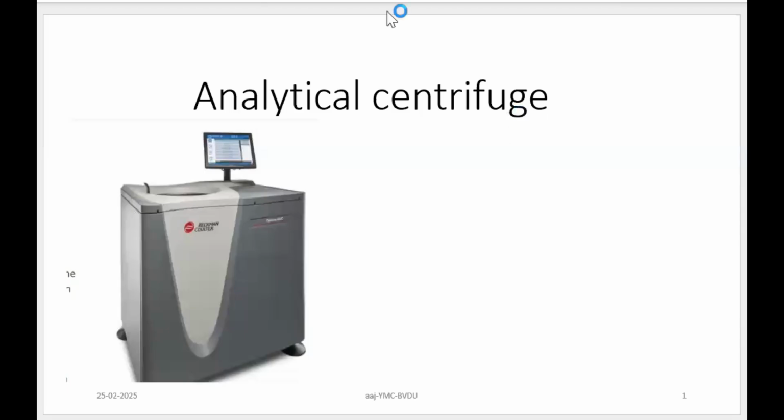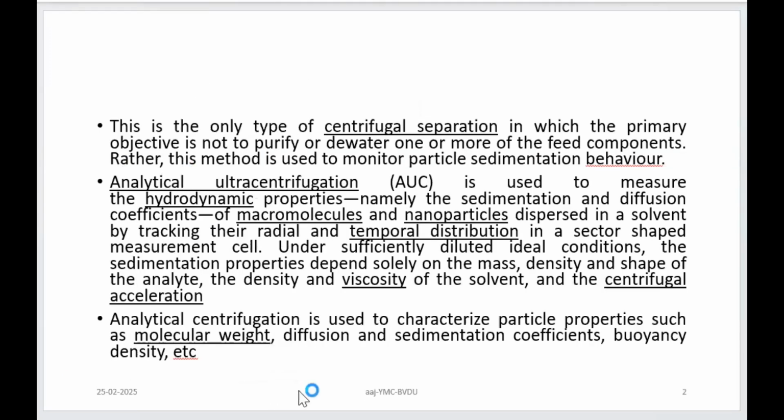Introduction for analytical centrifuge, right? So the word itself tells you it is not just meant for preparative. You have the ultracentrifuge which can be used for preparation purposes, so preparative ultracentrifuge, but here it is analytical ultracentrifuge, right? So it is not just for sedimentation or removal of water from the material, or for a selective component to be separated by the sedimentation principle, but it is about analyzing the sedimenting particle.